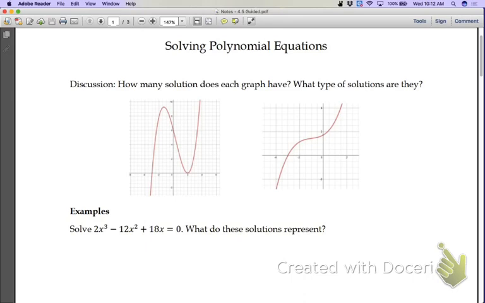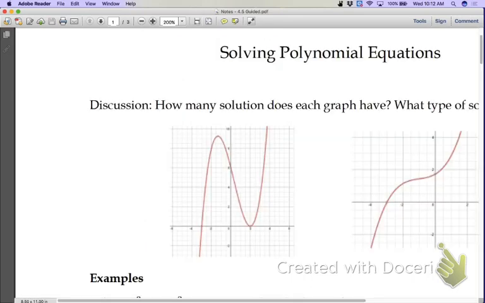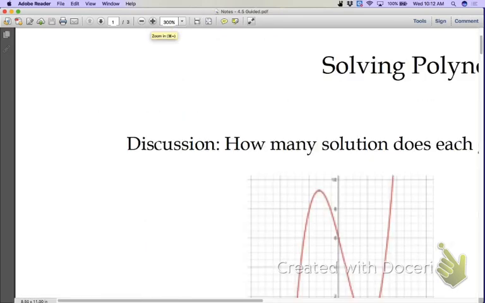Okay? So it's not as simple as it's a quadratic like it has been before. Back in chapter 2 and chapter 3 when we were solving there, now we're going to get into cubes, fourths, things like that. So the question here is, how many solutions does each graph have, and then what type of solutions are they? So if we look at just the one here on the left,